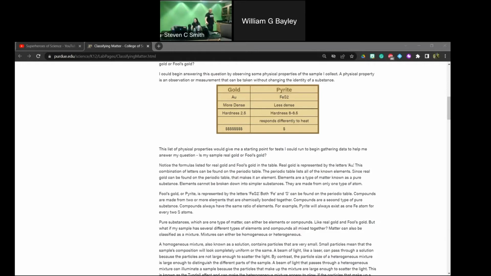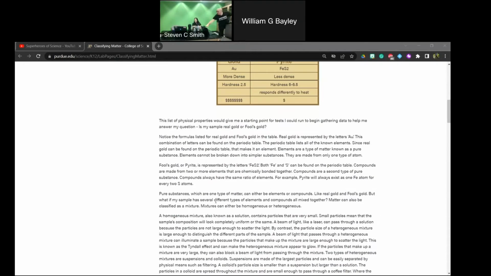Pure substances, which are one type of matter, can be either elements or compounds. So we've gone from matter to differentiating between pure substances, which can then be elements and compounds. But back to our panning gold sample,